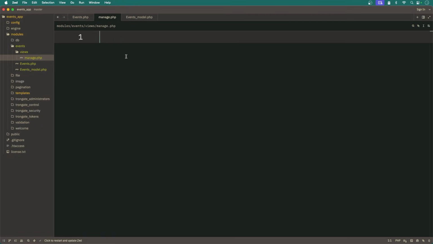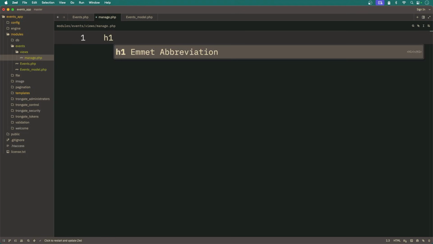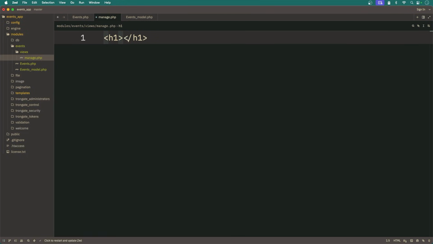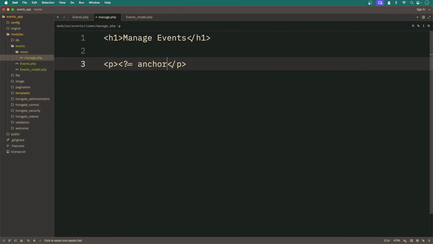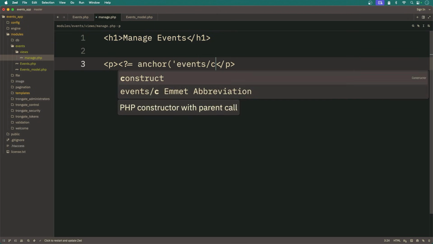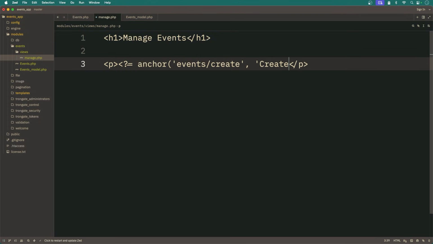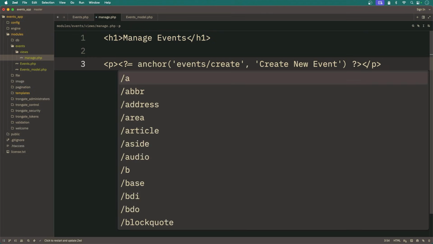Now there's not any template engines or anything here because, of course, as I'm sure you know, PHP is a template engine. At least that was the idea when it was made, you know. So I'm going to do a little h1 tag. I'm going to say manage events, and then I'm going to have a link here inside a paragraph that's going to go to events create